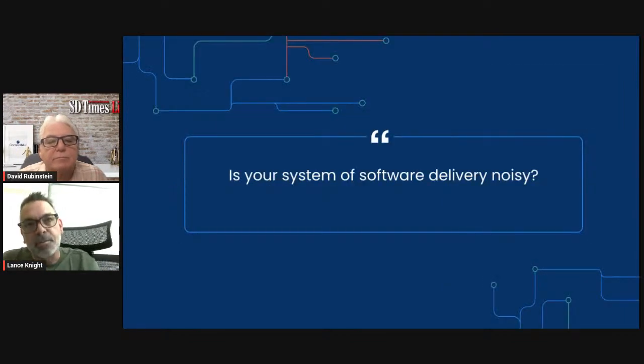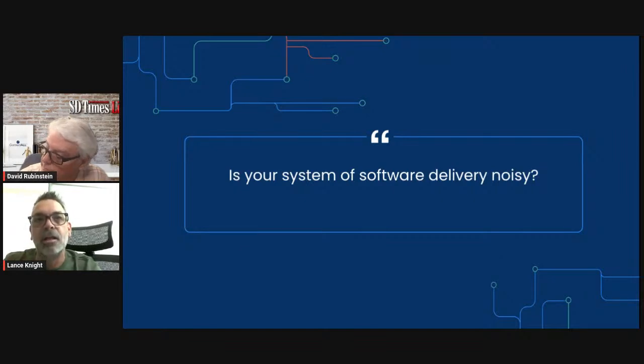Another new concept I wanted to introduce is this: the noise in your value stream. Now, people are like, well, what do you mean noise in your value stream? Well, systems all have noise, but noise is copying tickets, sending 10,000 emails, having to have too much documentation, too many collaborations. All this noise that you have because you haven't automated or you're not capturing information creates what I call value stream noise. And there's feedback noise in there as well, because one email creates two, creates three, and you're not collaborating. You're just slightly communicating.